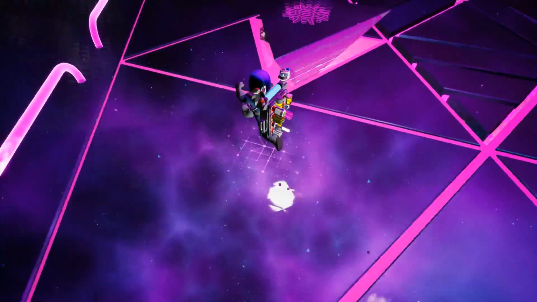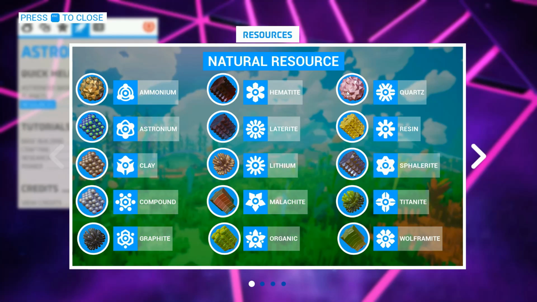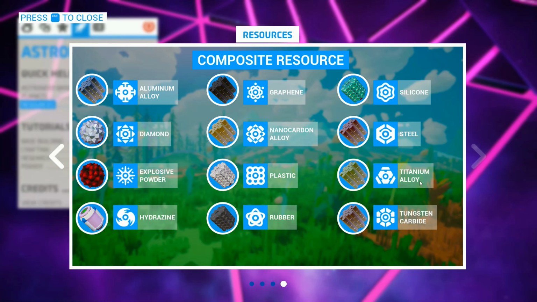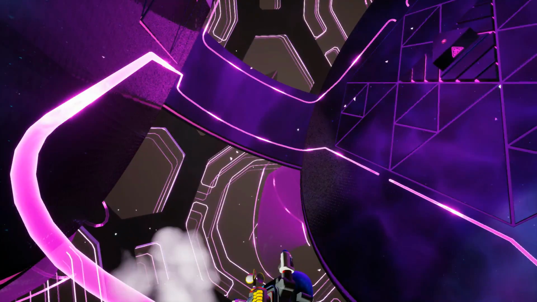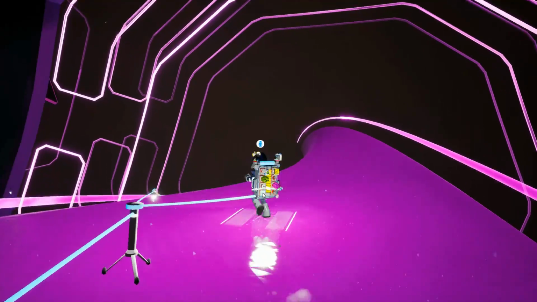Let's go see what our resource is. That's peculiar. Okay, let's take a look here. It doesn't look like a natural resource that I can see. Or a refined resource. Or an atmospheric resource. Explosive powder. It is! It's explosive powder. Oh, that's kind of cool. That's kind of cool because that's... Whoa. Because that's what we're going to make to be playing with TNT, and that sort of gives us a reasonable